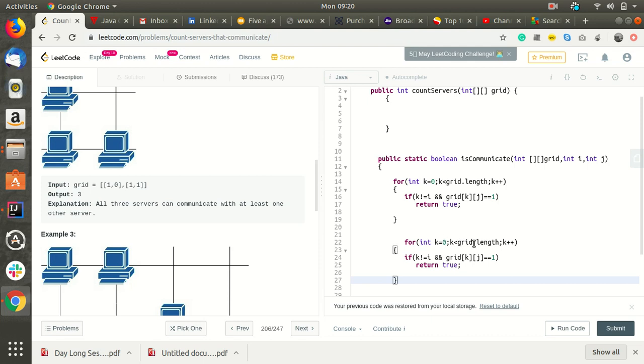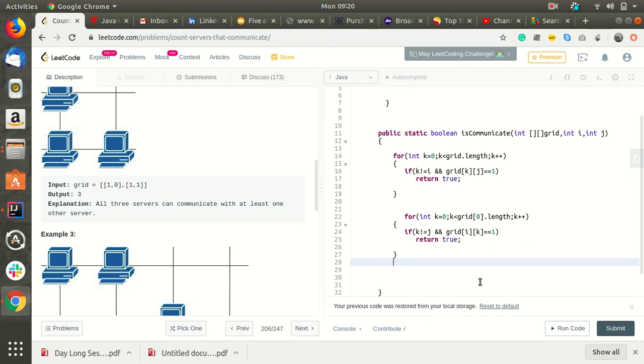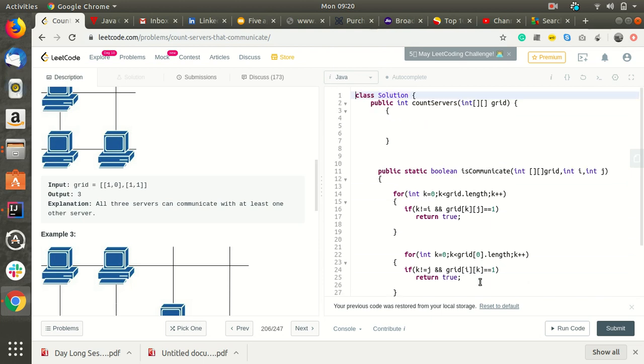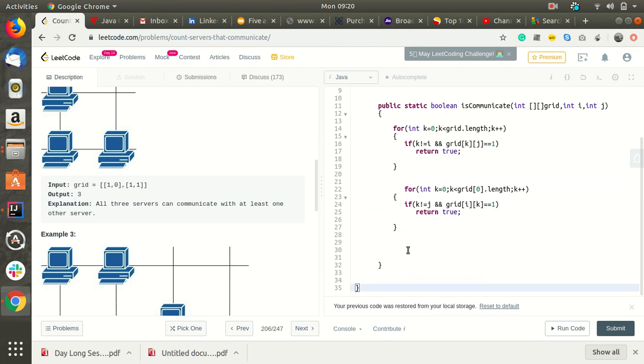So now k will go from 0 to grid of 0 dot length, and k should not be equal to j, and if grid of i k equals 1, then return true. So by this we completed the function which checks whether that row has any value equal to 1, or that column has any value equal to 1, then it returns true, else it returns false.